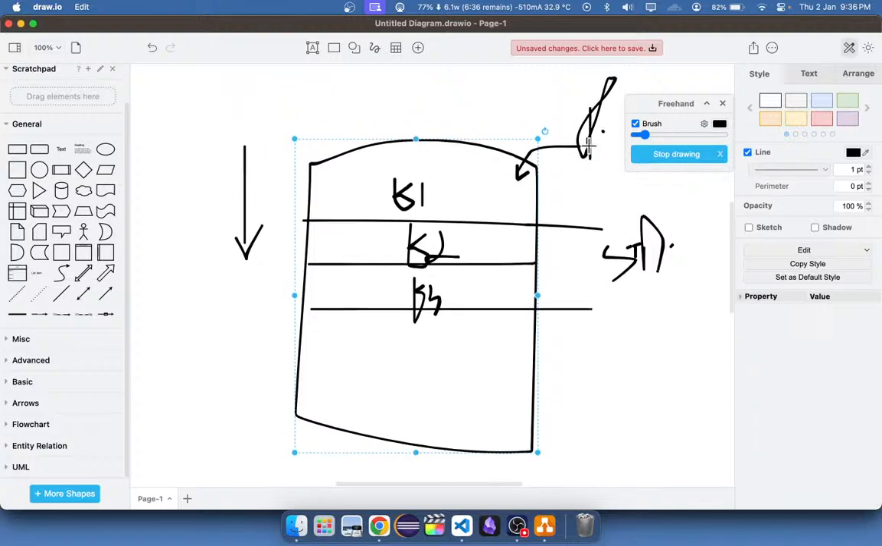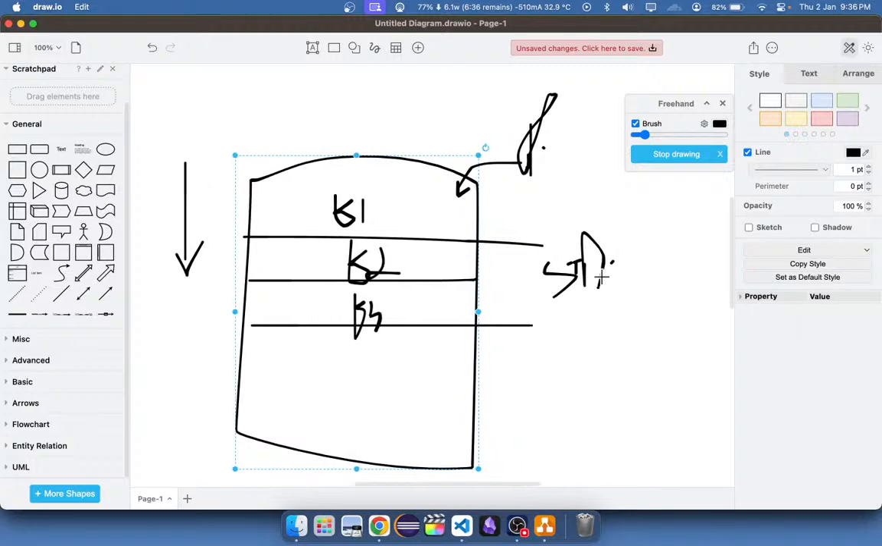Oh my god, this is so hard. Drawing with the trackpad is so hard, man. I don't know. Okay, so